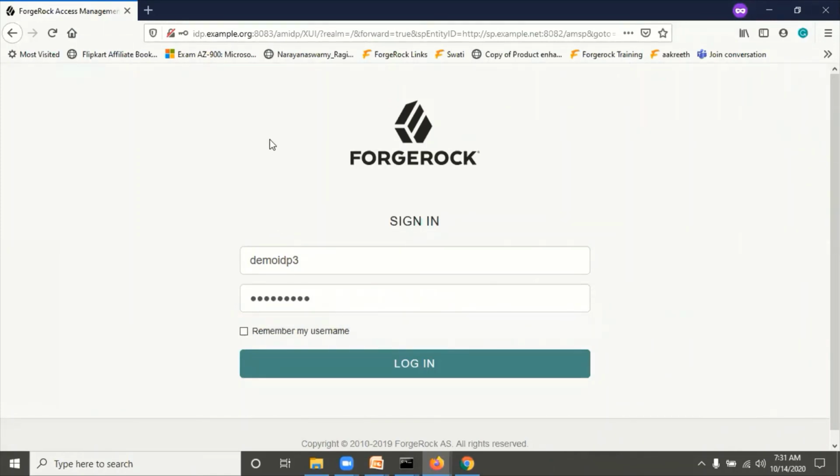What will happen next? It will not ask for re-authentication in the SP, because this account is already linked with the SP account. Click on login. See, now single sign-on succeeded directly. So it is asking for authentication only once, on the IDP side and not on the SP side. Both sides ask for authentication only the first time.